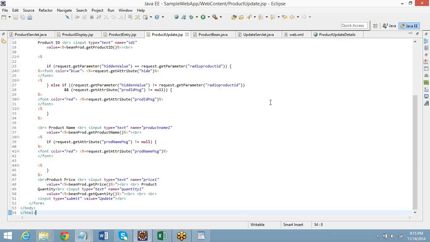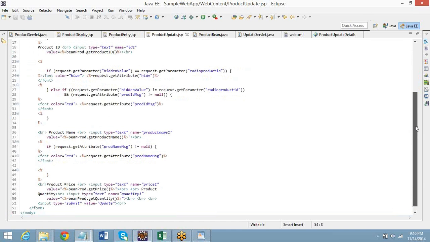Second, let me just see what you have written. You kept this one on top. Why do you again keep these things? Where is your first input? First input, as in first page entry? No, here in this page, don't go to any other pages. Okay, found it. Product ID.